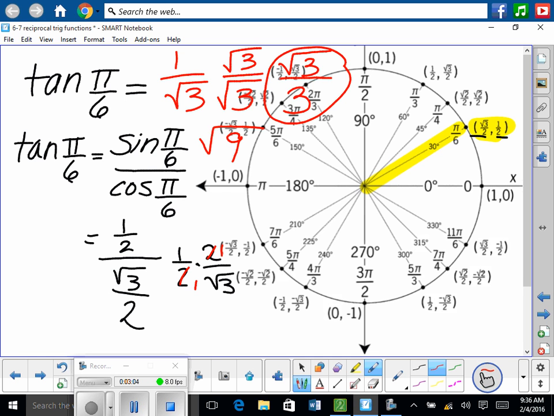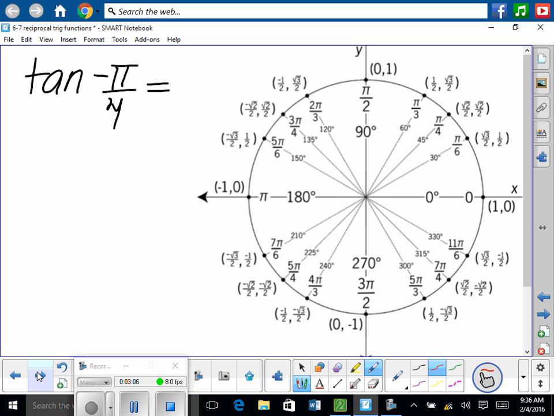One more of finding tangent. Tangent at negative pi/4. Now because it's negative, we learned a little trick. So positive pi/4 is up 2 tick marks. So negative pi/4 will be down 2 tick marks. So we're looking right here at these x, y values. We know that tangent is sine over cosine, so we know it's going to be y divided by x. So we have negative square root of 2 over 2 divided by x, which is square root of 2 over